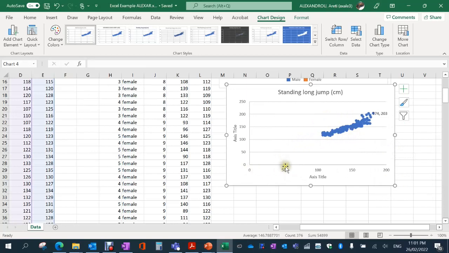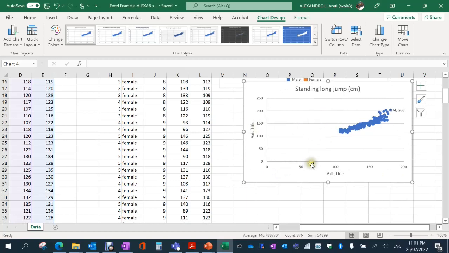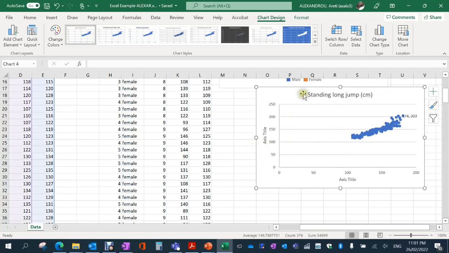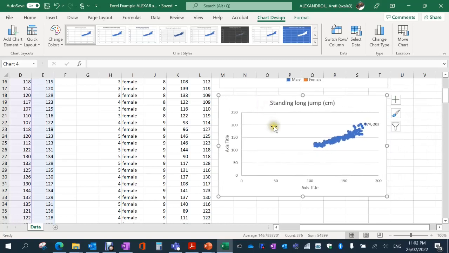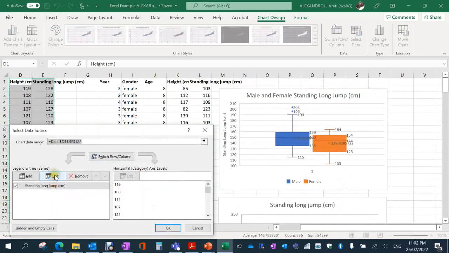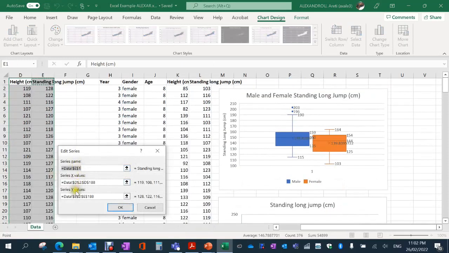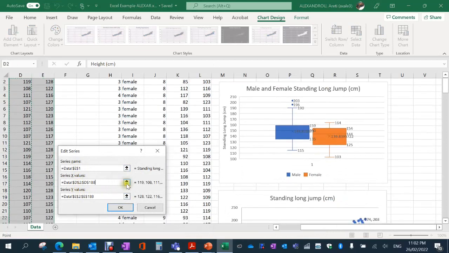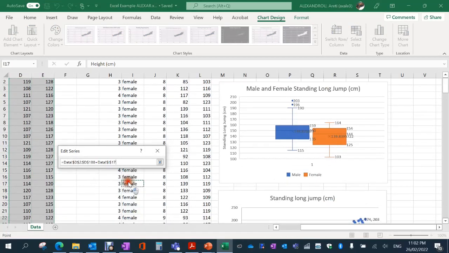I'm going to choose to hone in a little bit on these axes. So I'm going to cut out the white space here by chopping this up at 100 and 100 there. It's going to be okay so long as we do the same with the other graph that we're about to do. So over here, perhaps I'm just going to select the data again. I'm going to edit it, and for the Y values, the X values here,